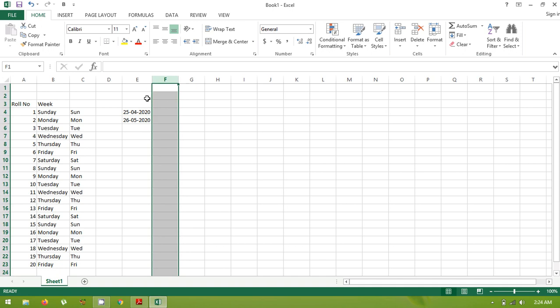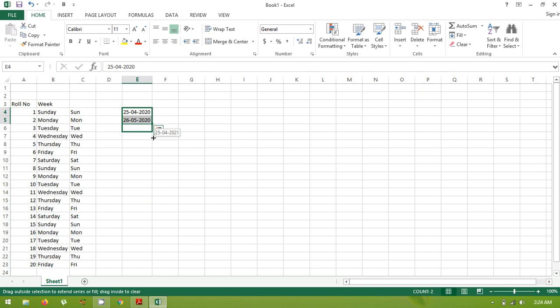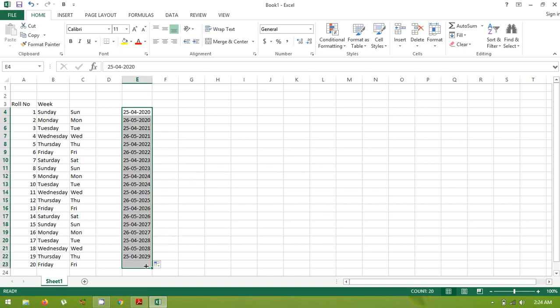Then I select both the cells, and when I start dragging, it starts filling these same two cells in your series. First one, second one, again your first cell, second cell.